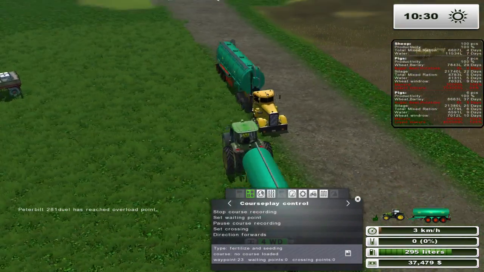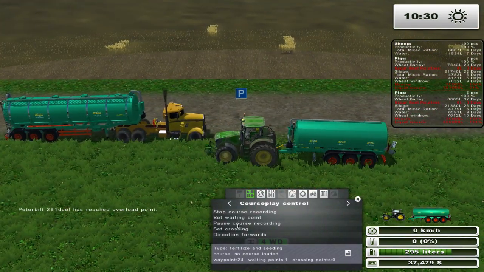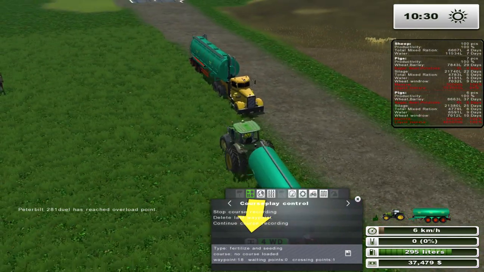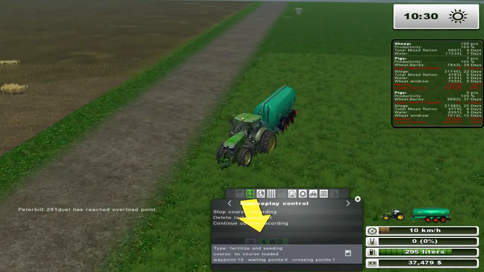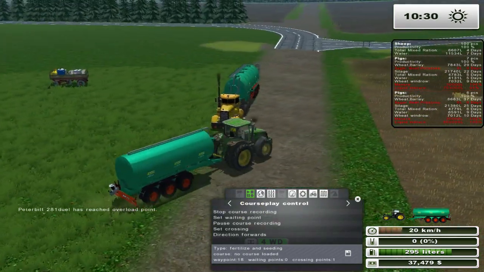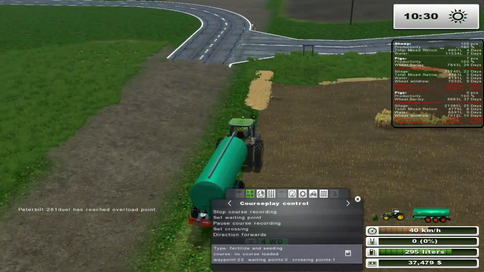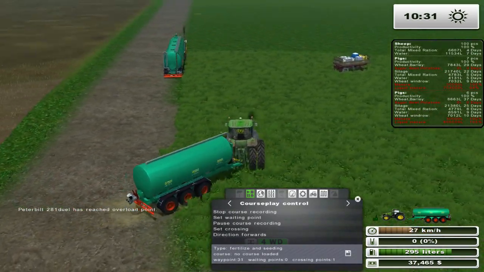What? Nope. Pause, delete, delete, delete. So this is the annoying part because I have to go on the proper side for this truck, or trailer I should say, or else I won't be able to unload because I need to use the pipe or the hose. Alright, so let's turn around here and